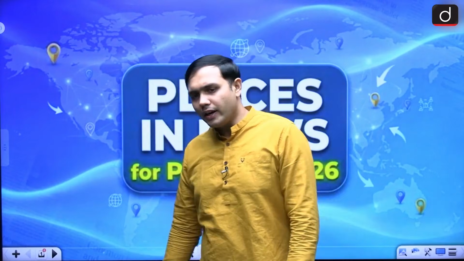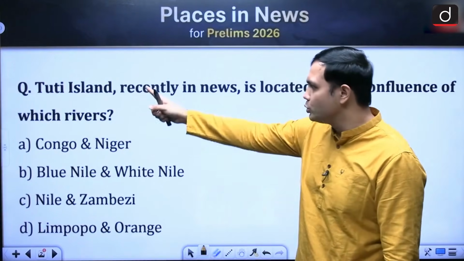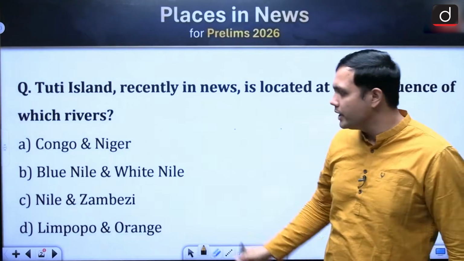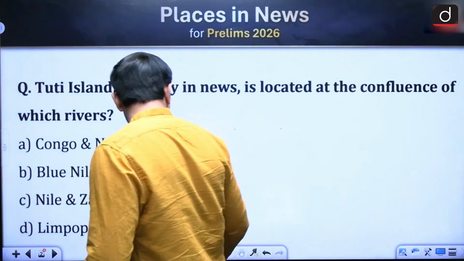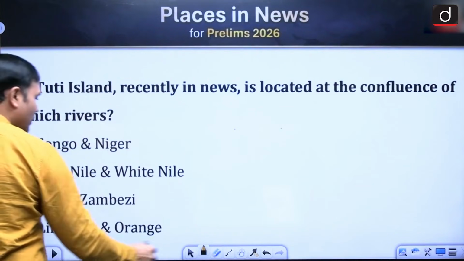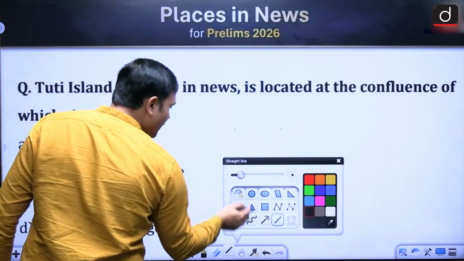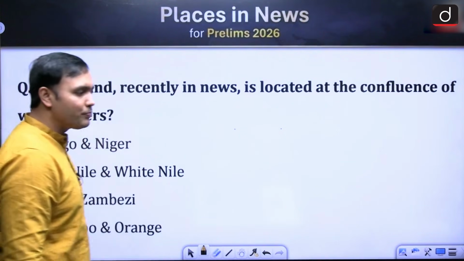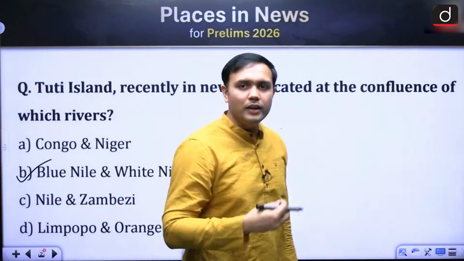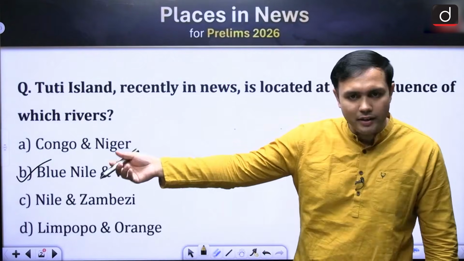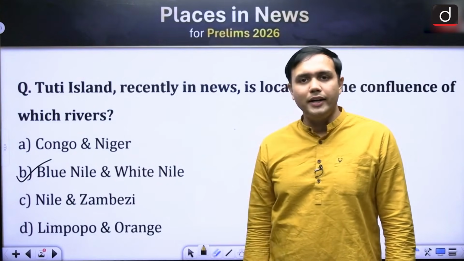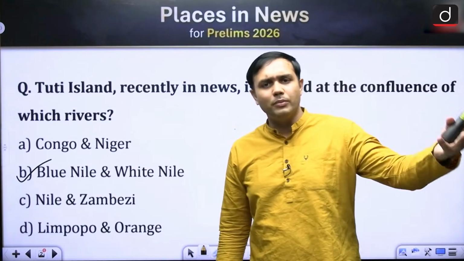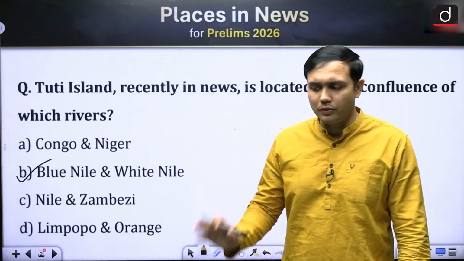In that regard, the first question that we had seen was with respect to Tutu Island and where it is located, at the confluence of which two streams. This was on the river Nile, and the streams were Blue and White Nile, right? In this context, you will have to remember that this is an alluvial riverine island similar to Majuli Island on the Brahmaputra, right? And here what you will find is what are the other aspects related to it. So say for example, Sahel region or all these things that you will have to remember.